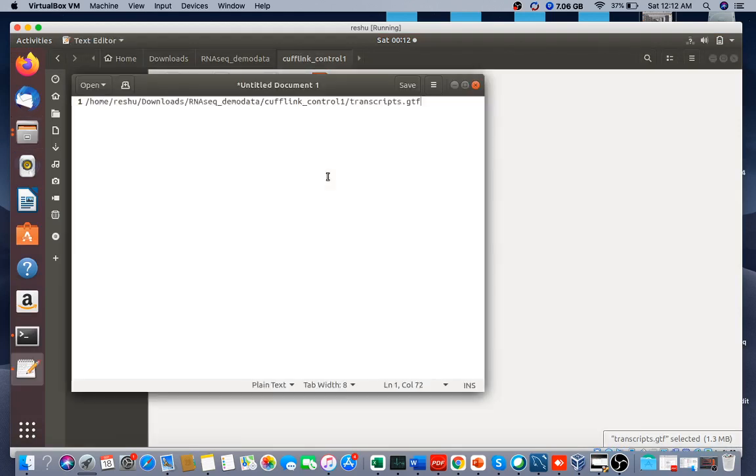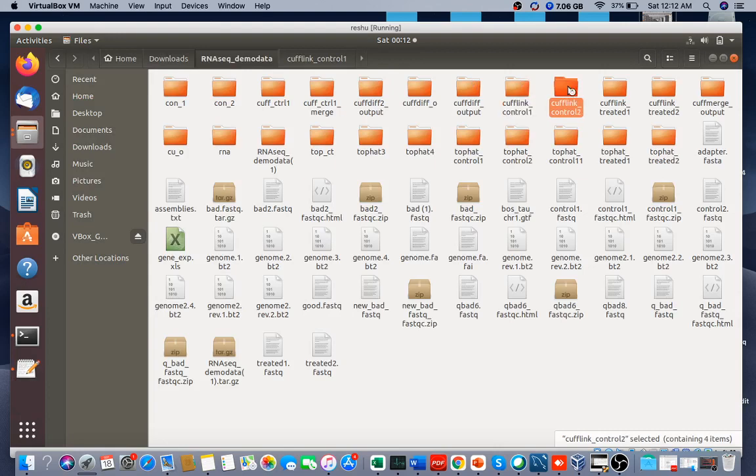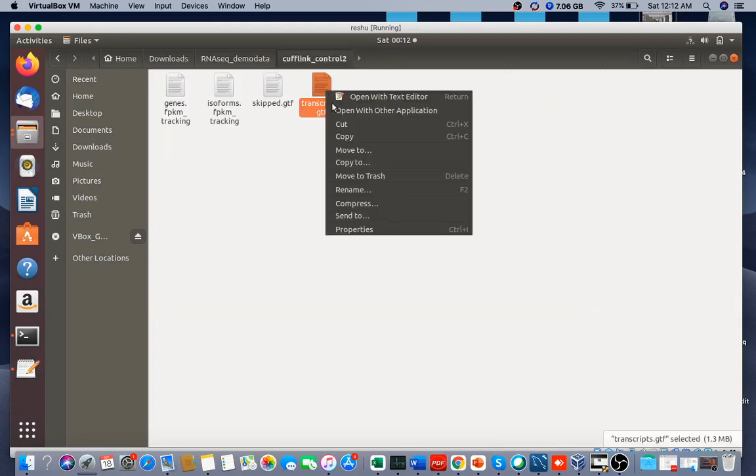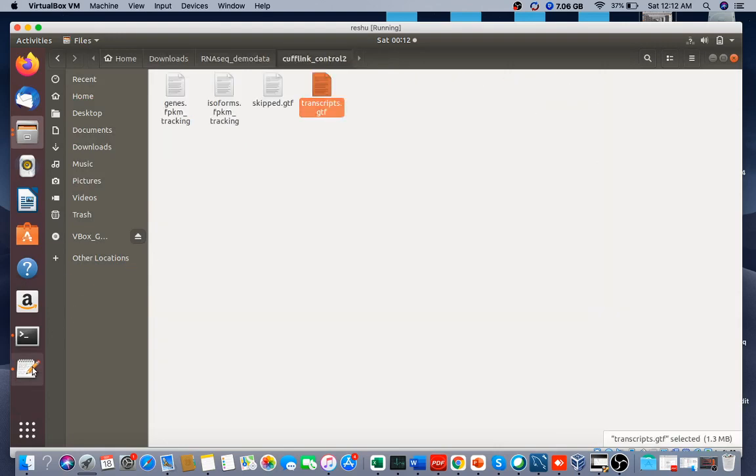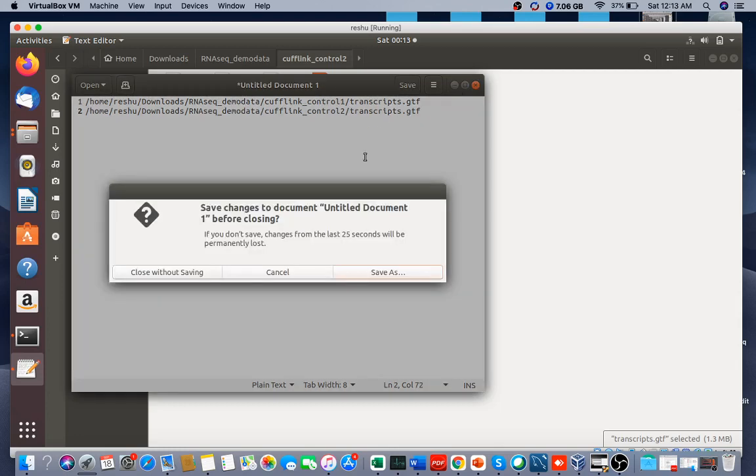Once you paste it here, the similar thing you have to do for the control 2. For example, cufflinks control 2, transcripts.gtf file, copy, and then you paste it here. Okay, and after that you need to save it, and similarly you have to do for treated 1 and treated 2. I'm not doing it right now, and then you can save it.